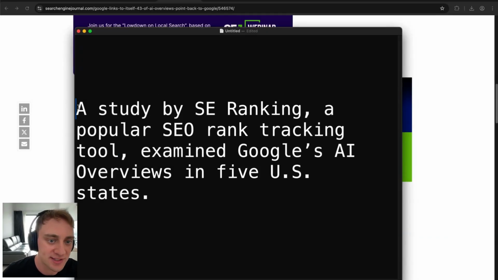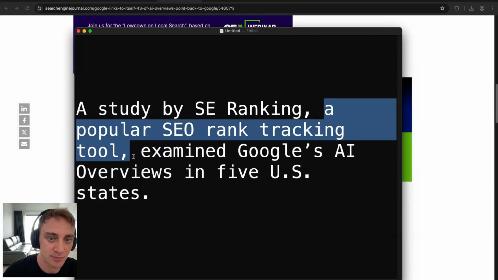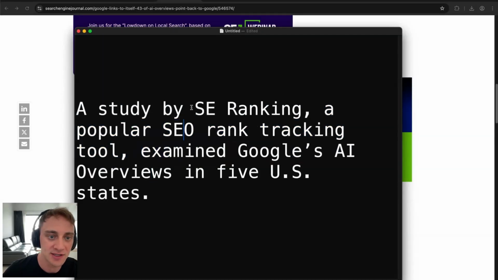So this is also a pretty small one. We didn't add a full sentence in here. We just added a little blurb, right? A popular SEO rank tracking tool. So we're getting an unlinked brand mention, and we're getting all these keywords here: SEO, rank tracking, it's a tool. All of this is being fed to Google, and it's right by the link, which helps Google understand the link, but also helps understand your brand and your company, right?